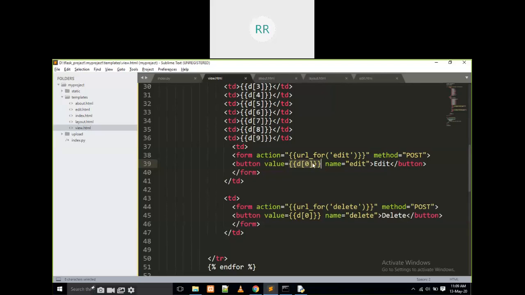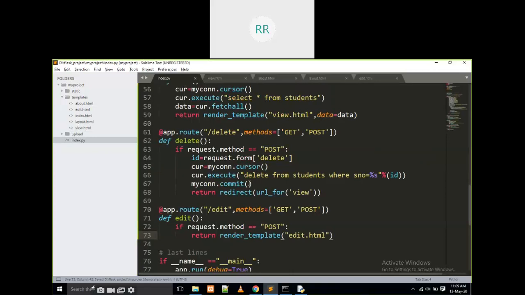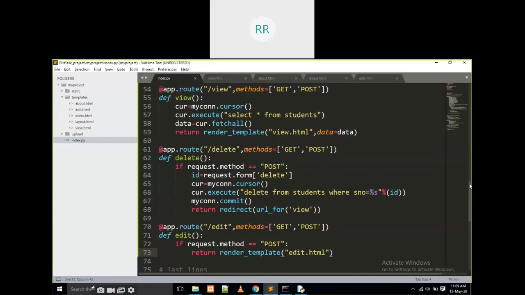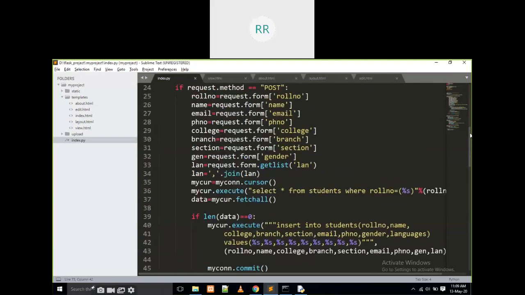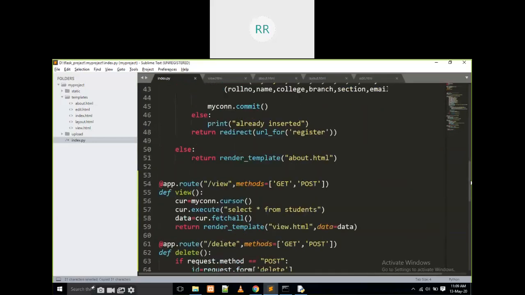For example, if I pass d, what will happen? I am going to try it and find out. If it is not working, then I will go for another method.